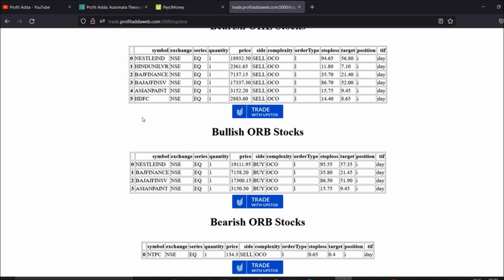So you can utilize this as a scanner, if you want to use it for a positional trade or intraday, to check whether that stock belongs to this category or not. Okay, so this is a wonderful thing. For that you need to have an Upstox trading account, and how you can utilize it I've already explained. Now if you want to trade, just say trade with Upstox.